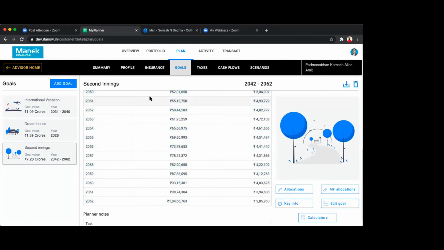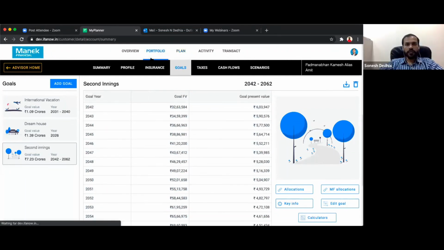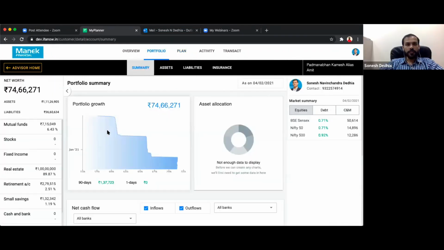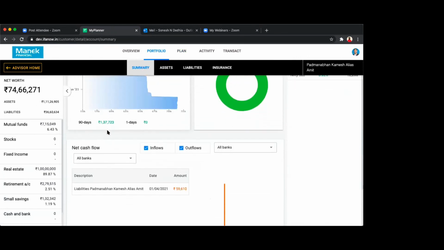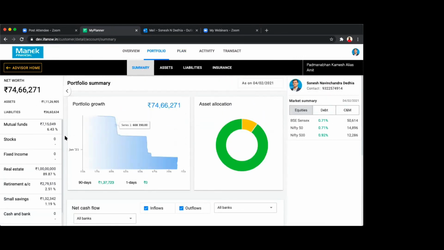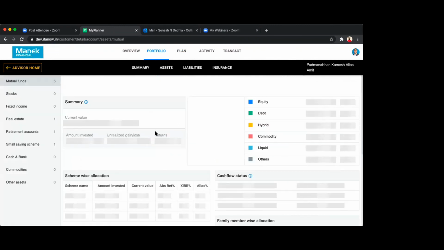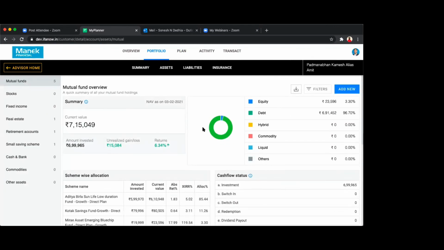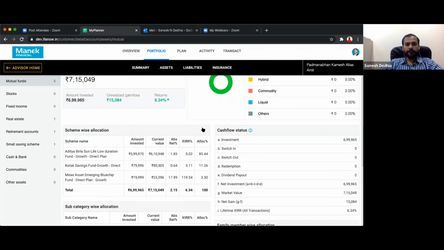Can you just again let me know where exactly? In portfolio summary. Here. Yeah, now click on the summary. Generate the summary. Mutual fund. Open the summary.